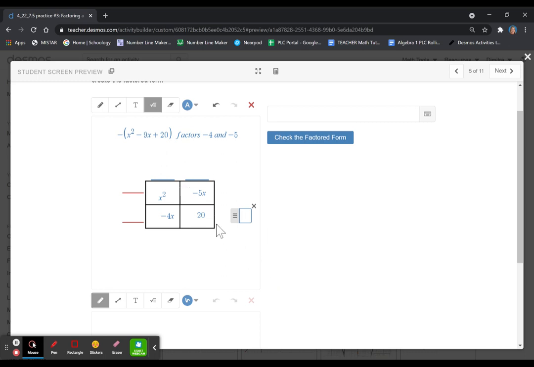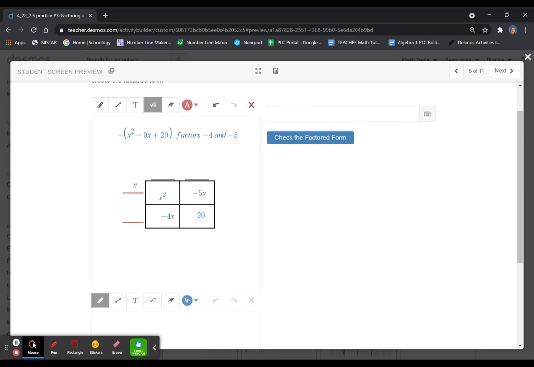So I want you to figure that out too. So I have x squared and negative 5 squared. So the GCD of x squared and negative 5 squared is x. And this time I remembered to do my colors. And then the GCD of negative 4x and 20 is